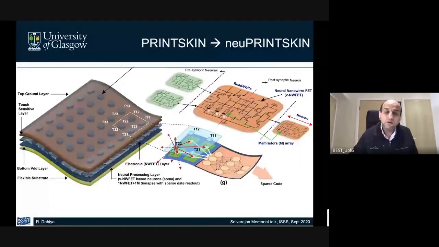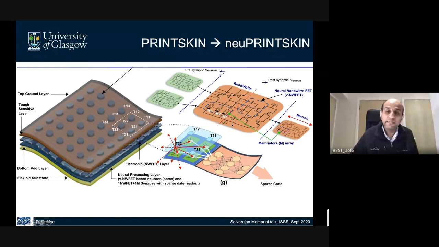And how do we go from here? This slide shows the scheme. On the top you have the transducer layer. Some array is shown here. The top layer is a ground layer to filter the noise. Then you have the touch-sensitive layer. After that, you have the electronic layer, which I presented earlier. And this electronic layer can be converted into either a conventional readout, or a computational layer. And these synaptic circuits and neural